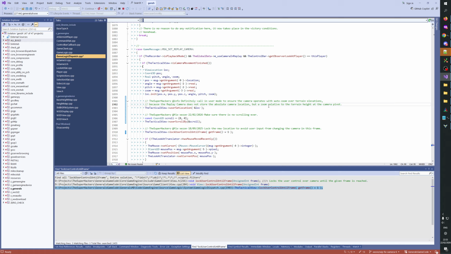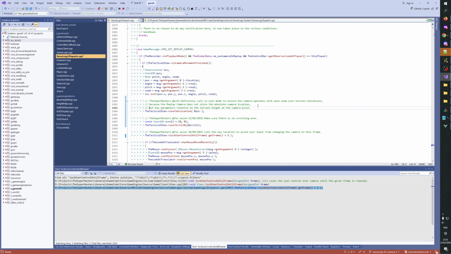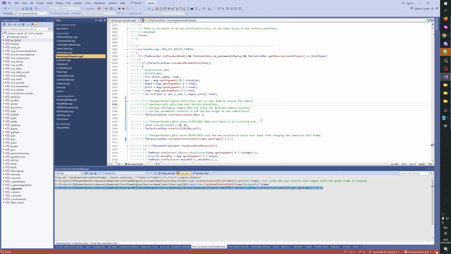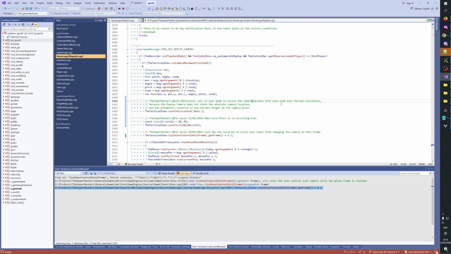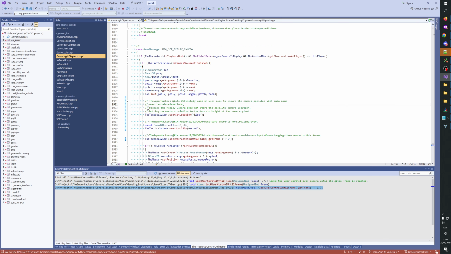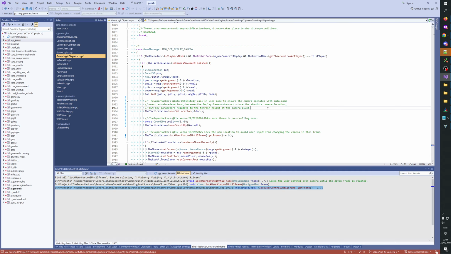But a zoom, because replay camera does not store the absolute camera location, but